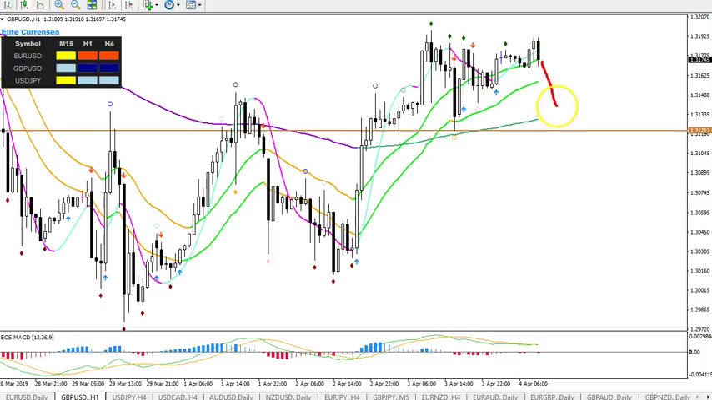And, looking for a retracement and a re-break above the 21 EMA on the 1-hour chart could be one way